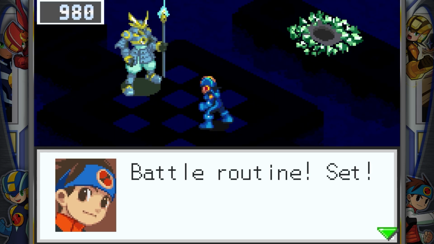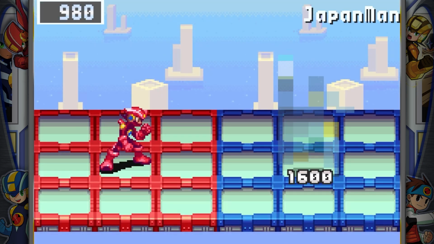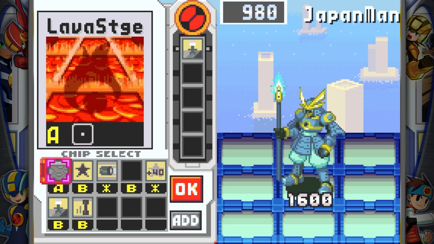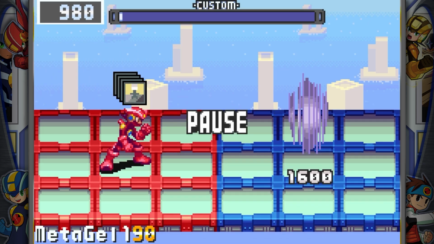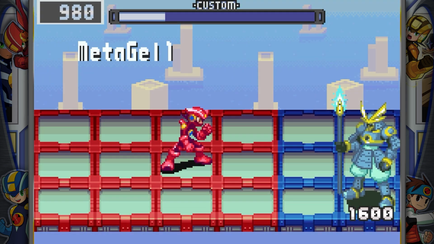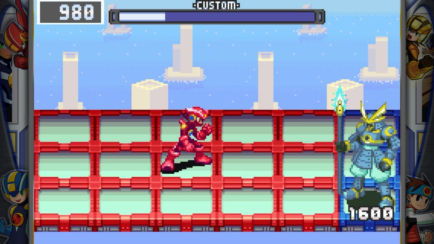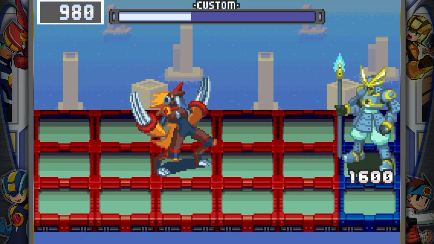Battle routine set. Execute. People very familiar with my favorite classic Mega Man game, Mega Man 6, will recognize this is actually Yamato Man's NetNavi counterpart. They changed his name, I believe, for two reasons. One, for character limit specifications, but also, they just translated Yamato pretty literally, because Yamato was an old-fashioned name for Japan itself. JapanMan can be a little troublesome if you don't use a lot of screen-dimming chips or program advances,